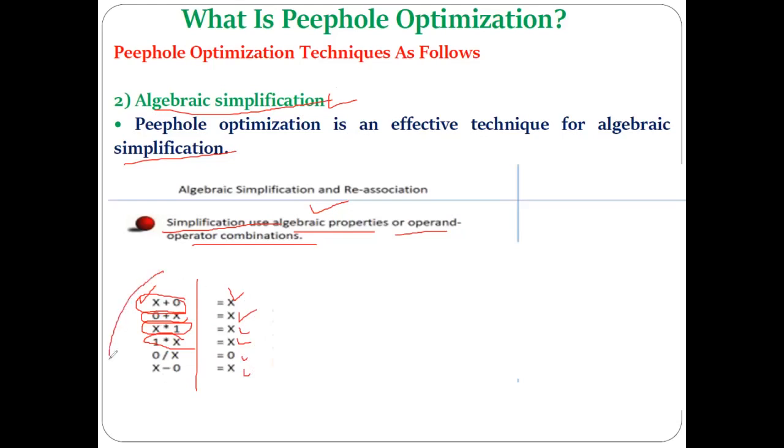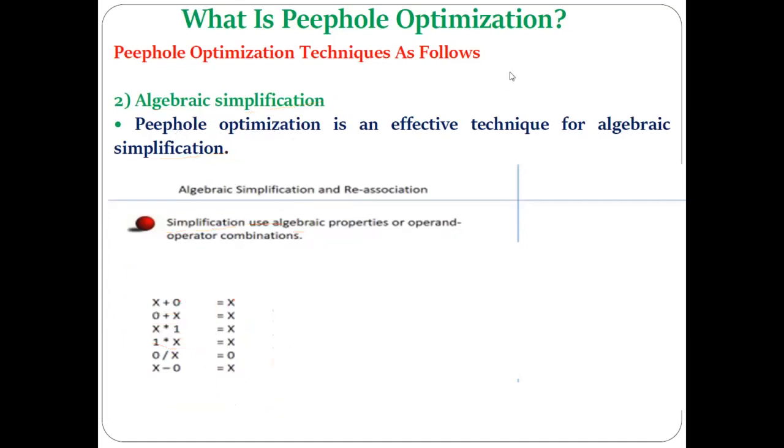So what happens if a certain kind of target instruction gets generated with this kind of operand and operator combination? Then the compiler can replace it with the simpler form. Understood? That is considered an algebraic simplification as a part of the peephole optimization, because writing x plus 0 consumes space as well as processing. So why should we not write it like this only? This short combination of code can be replaced by this. So that is called algebraic simplification as a part of peephole optimization.